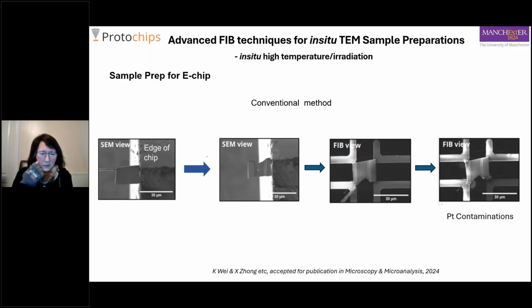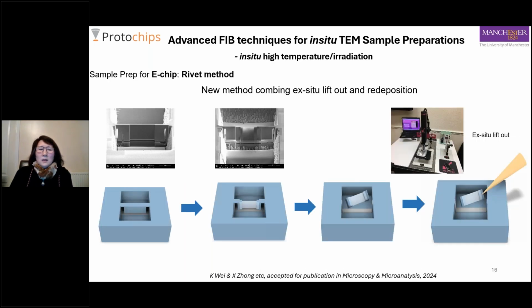This is a conventional method. Basically, you lift out your sample and then place it on the grid, but there is Pt contamination. The new method we developed is to make use of combining in-situ lift-out and redeposition. Basically, you mill your sample like our conventional in-situ lift-out sample and thin it down,